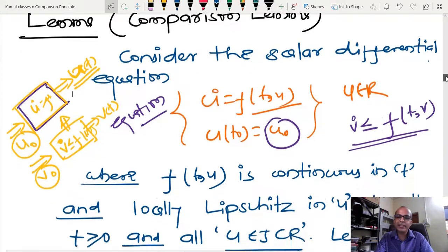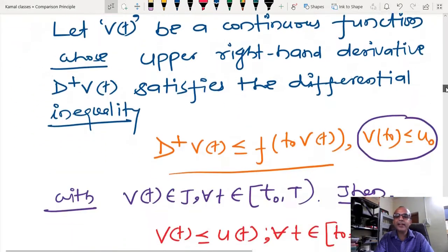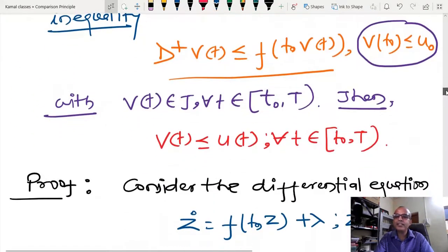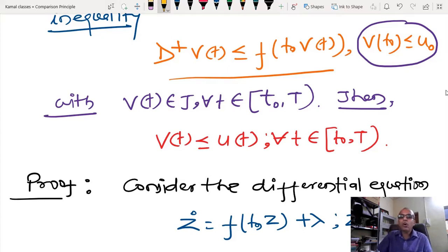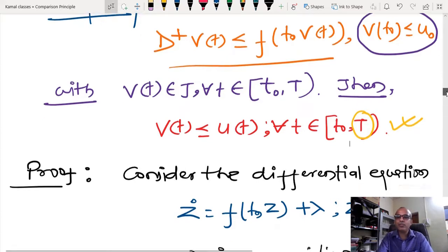You can first take the differential equation, then generate the comparison system using a differential inequality, and then you see that the solution of the original equation is always greater than this comparison system. So that is the reverse result. This is true between t0 and t, but I have already told you that one can extend t to infinity also. So let us quickly see the proof. I am going to discuss the steps of the proof.